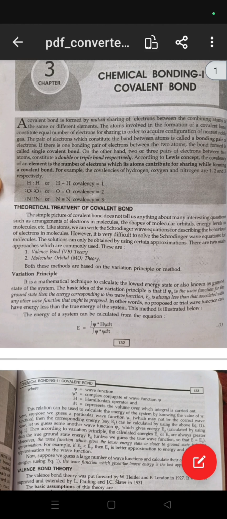The relation can be used to calculate the energy of the system by knowing the value of psi. Now suppose we guess a particular wave equation psi 1 which may not be the correct wave function. Then the corresponding energy can be calculated by using the equation. Now let us guess some other wave equation psi 2 which can easily